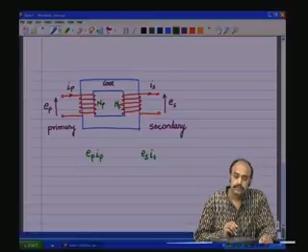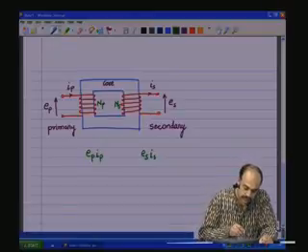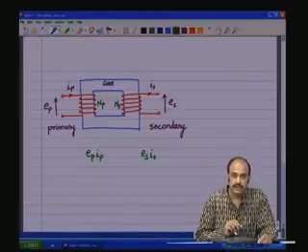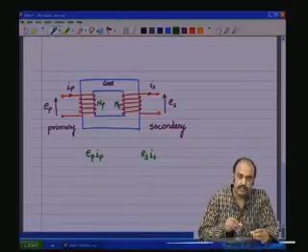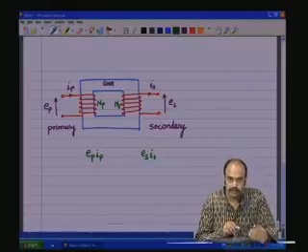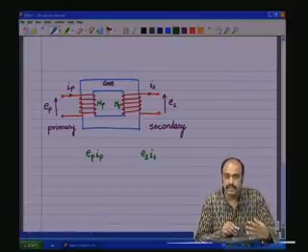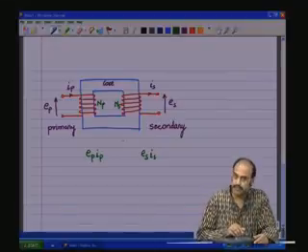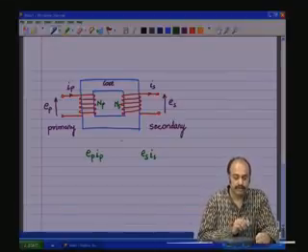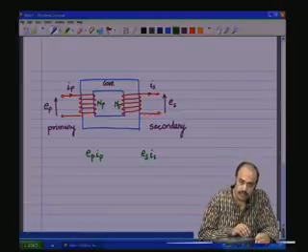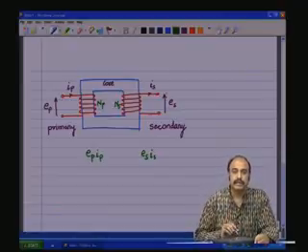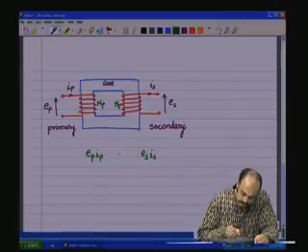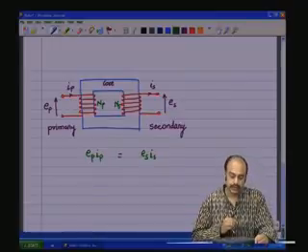Now, we know that this transformer is lossless. There is no loss in the transformer, in an ideal transformer. Of course, the practical transformer will have some losses, we will discuss about that later. But let us say an ideal transformer, there is absolutely no loss, no accumulation of energy. So, whatever energy comes into this port will get transferred to the other port. So, which means this should be equal to this,